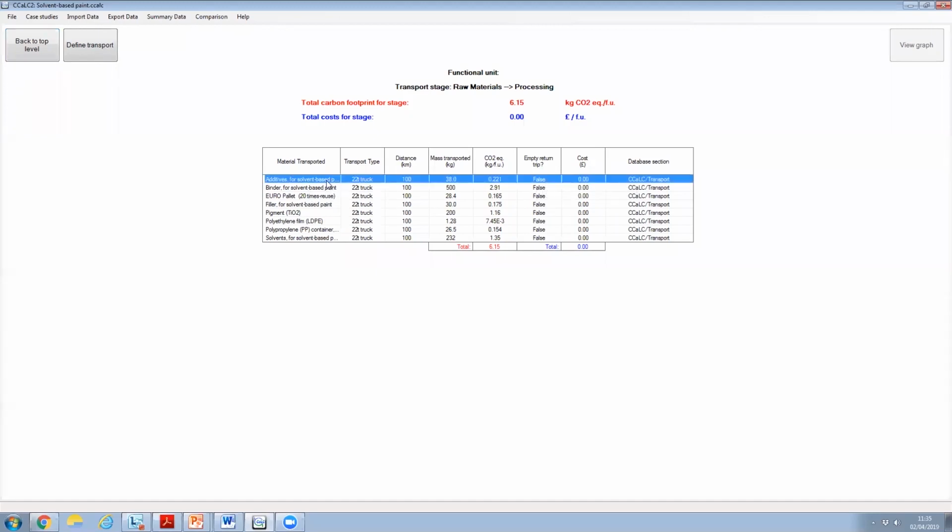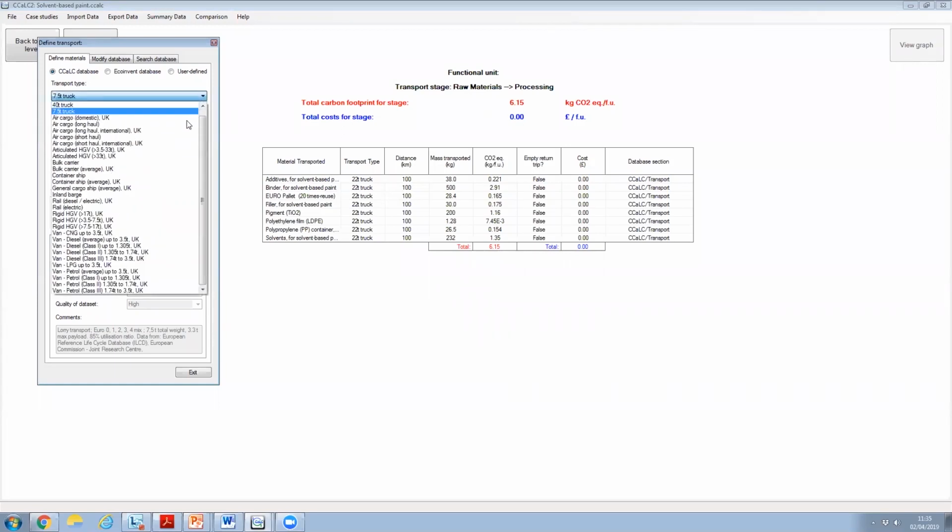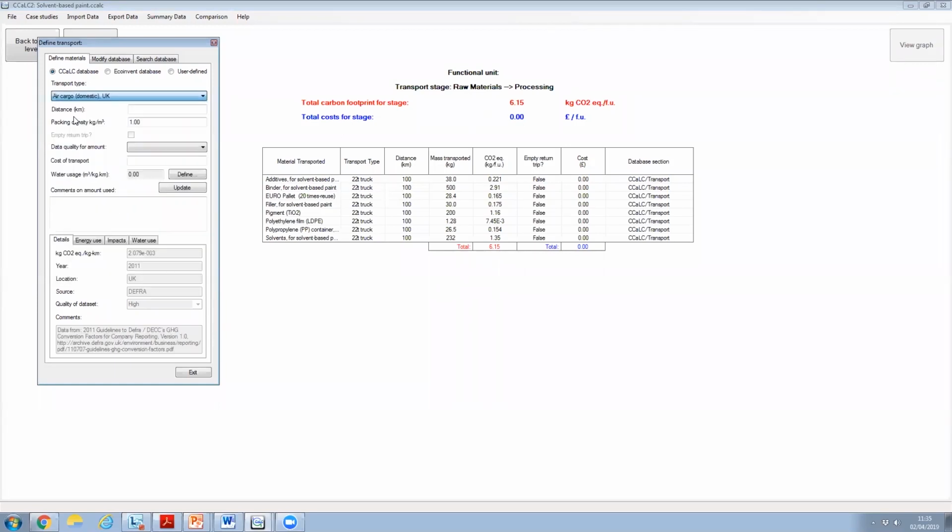So if I click on this substance, I can modify. Instead of 24 truck, now I'm taking it through a different data point, or by air, for example. If it is travel, I can change the distance, if it is traveling 5,000 kilometers, etc. And the other thing is, whenever we are entering data, it will always ask us the